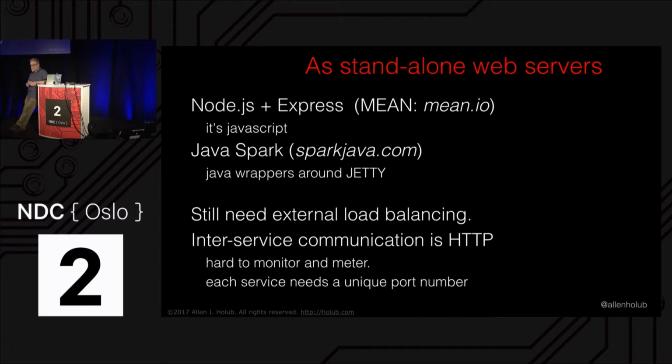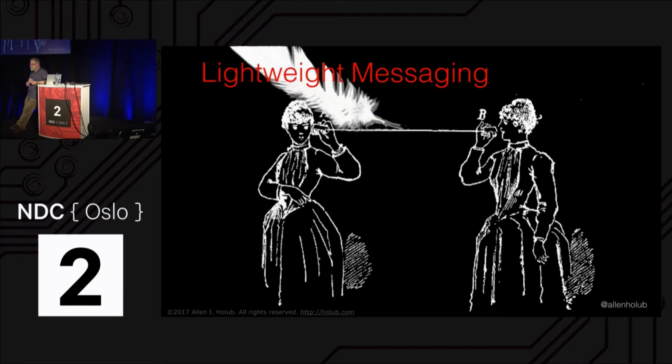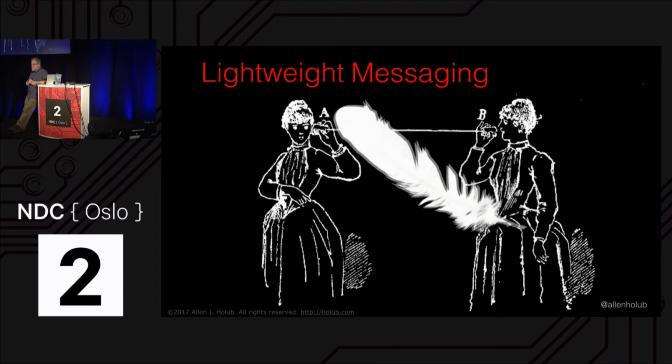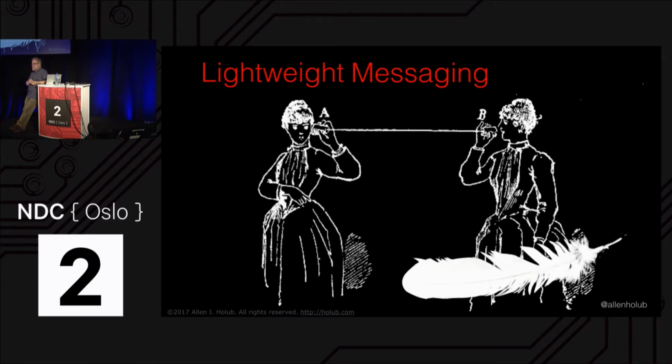So what do you use when services talk to each other? And the answer is that you should be using some form of lightweight messaging. Now, messaging is one of those topics that everybody really desperately needs to know about, and nobody knows. It's always presented as this kind of minor side issue, because people are so focused on the HTTP thing that they're not thinking about how do you actually coordinate effectively. There are a lot of messaging systems out there. There's Rabbit, there's Kafka, there's ZeroMQ, which I'll talk about in a moment. And there are bigger systems like Tibco.